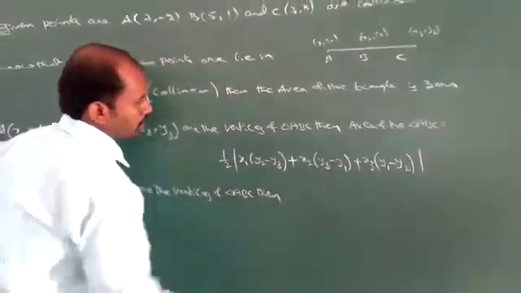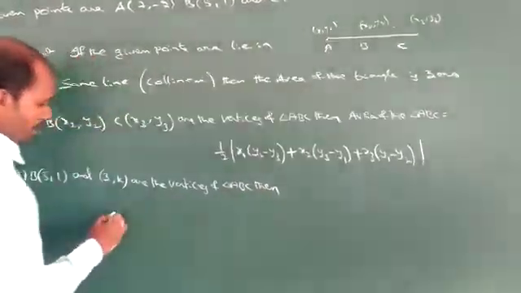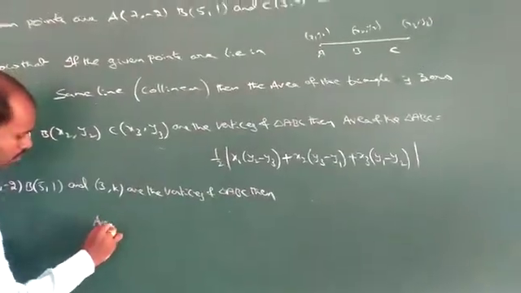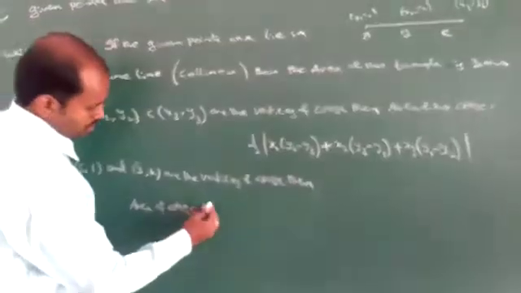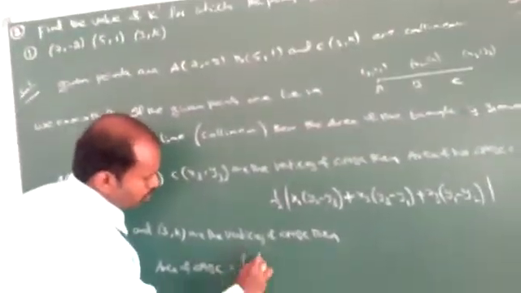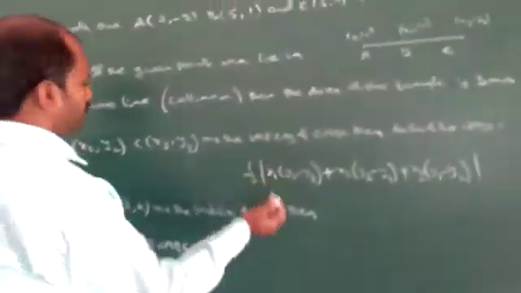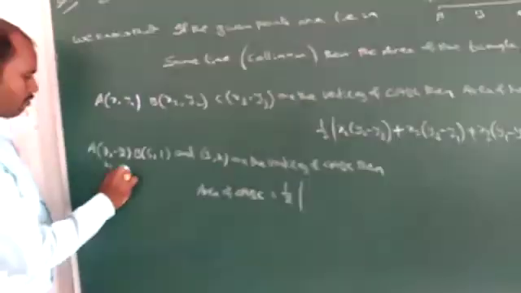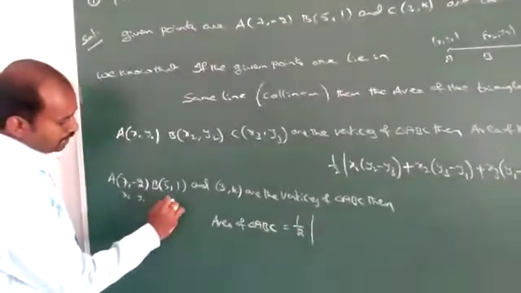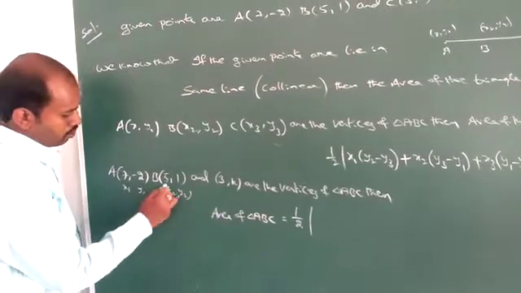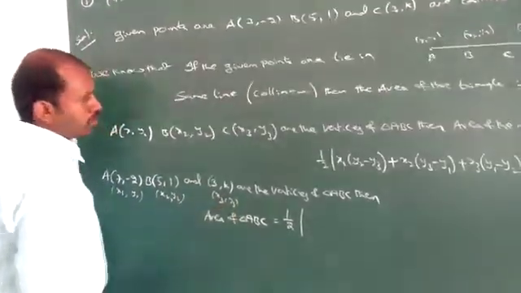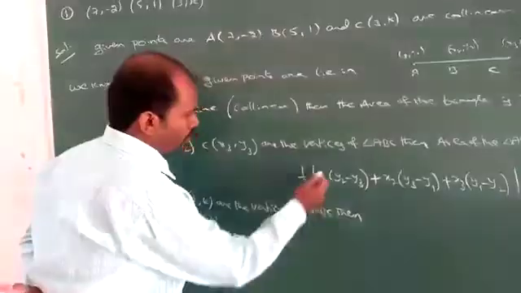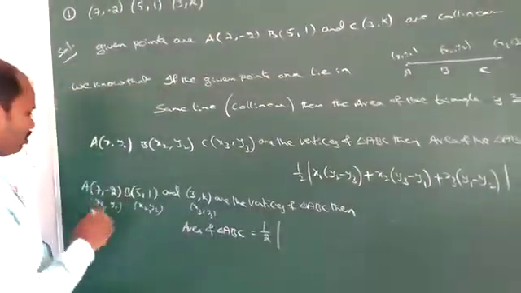Then area of triangle ABC equals half into modulus. You write x1, y1 for the first vertex, x2, y2 for the second vertex, and x3, y3 for the third vertex. You substitute the values in this formula, half into modulus of x1, that is,